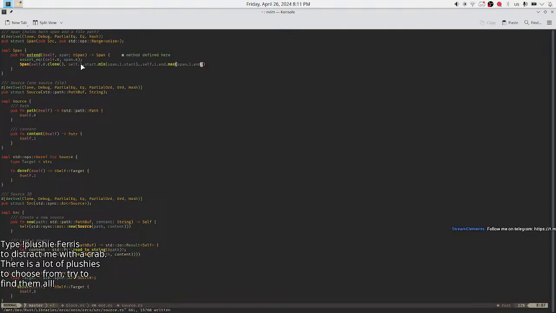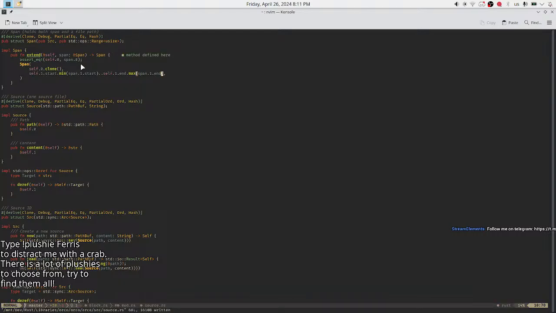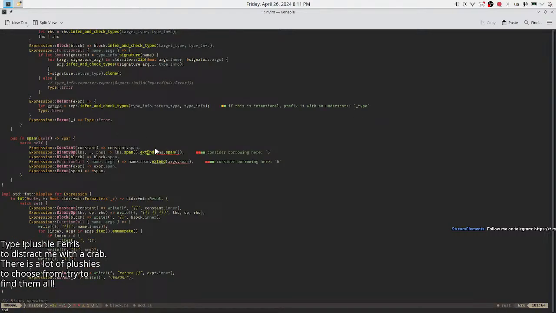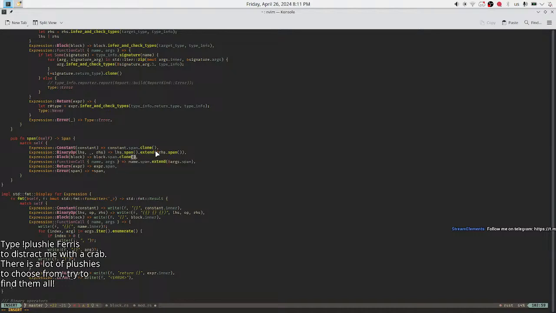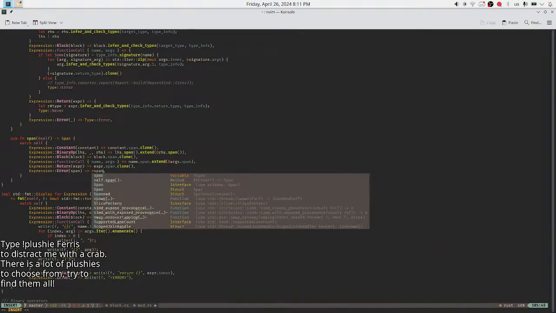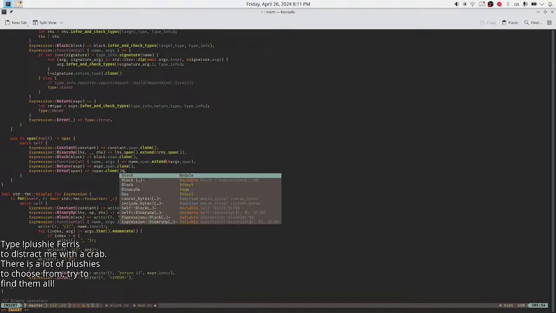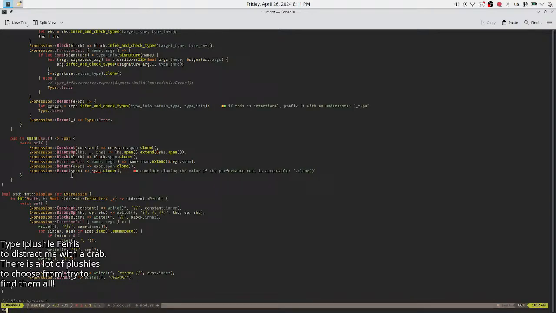Oh, so Vim. So extend, exit, clone. Yeah, clone. Maybe one day I'm gonna optimize this so no types nor spans clone. But I don't really feel like it.